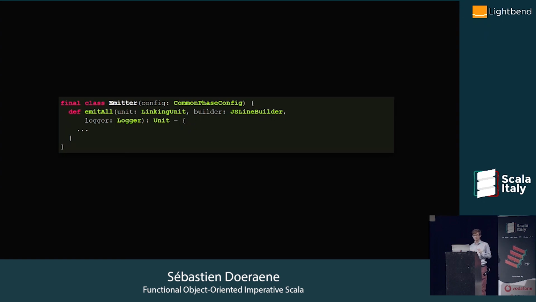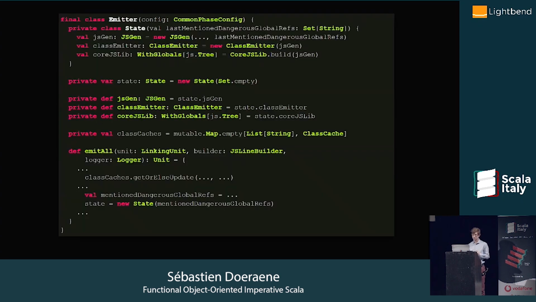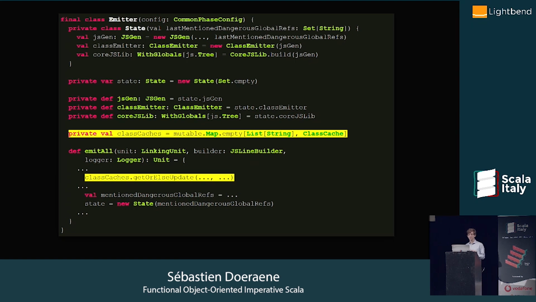So inside that thing, things are not functional at all. It's even worse than what we've seen before, because the class emitter is public, and the rest of the program can hold an instance of that class. And it can call the emitAll method, but the instance has mutable state in its fields. So the instance is definitely not purely functional, right? Because if you call emitAll twice, even with the same input, who knows how the state of the instance has changed in the meantime, right?